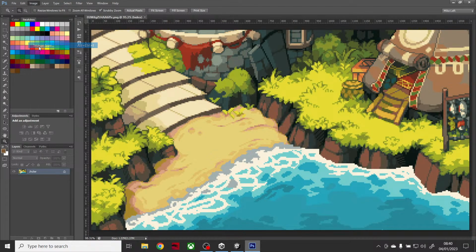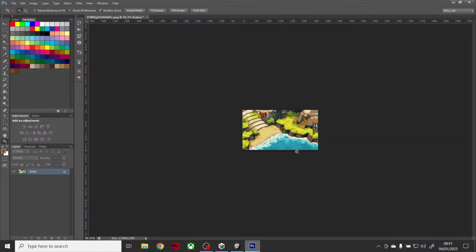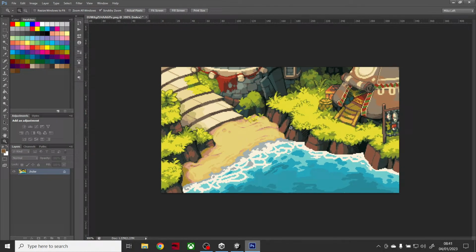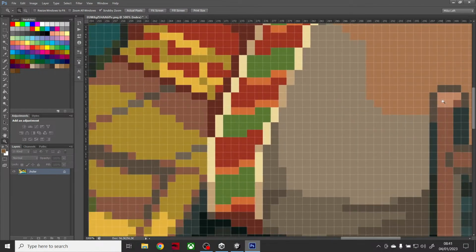Let's go in here and put it back to normal, to what it should be. Let's resize it by percentage. And if it's 5, I guess that should be 20%. And we're seeing here 320 by 180. That's the original size of this picture. I could still blow this up and it still looks the exact same as before. But now, if I zoom in on that pixel, there it is. It's one single pixel. I'm going to save this image because I want to use this in Unity as an